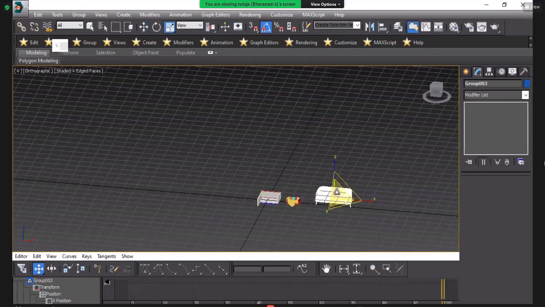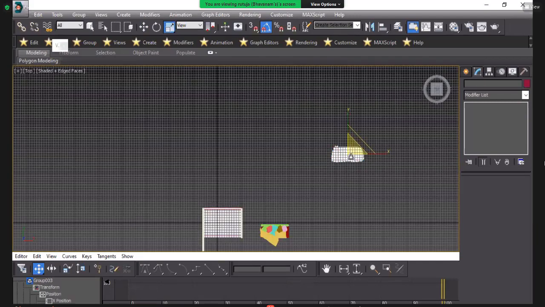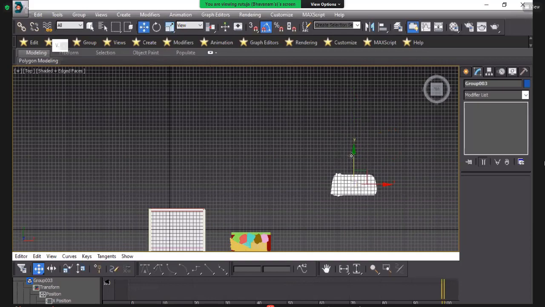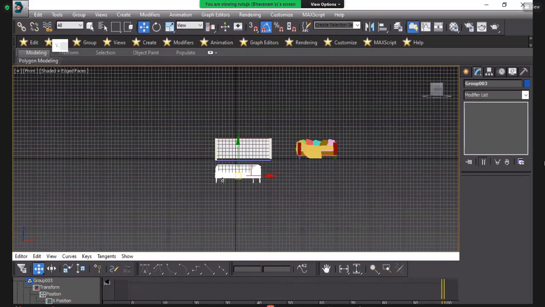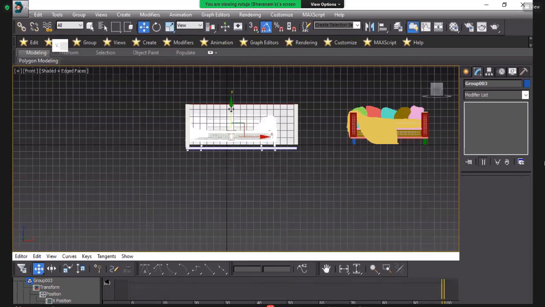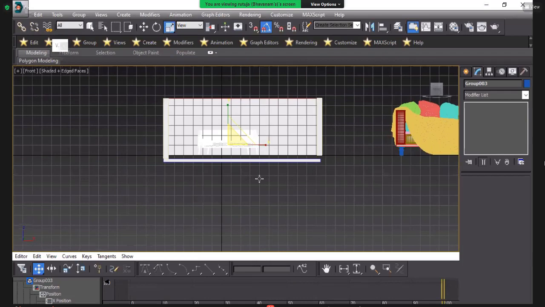Reduce the scale. Top and Z, you can see here our sofa is here. Front Z. Scale it.